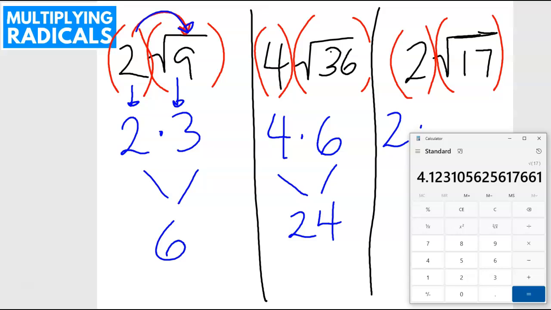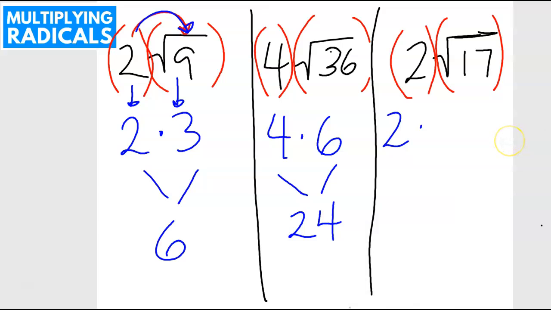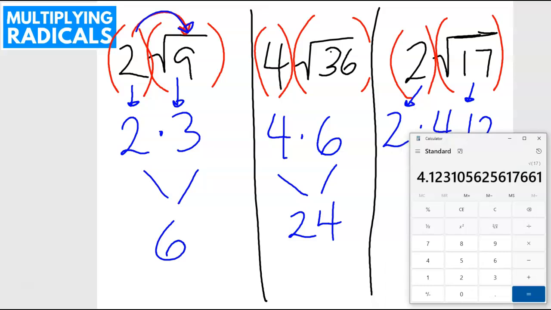So what I want to do is go back here and change this to 4.12. So the square root of 17 is approximately 4.12. I know that the number on the outside of the radical sign, which is going to be multiplied by that, is going to be 2. So again, if I pull up my calculator one more time, I want to clear everything out because the longer version might give us a slightly different number than we should. So 4.12 times 2 is going to give me approximately